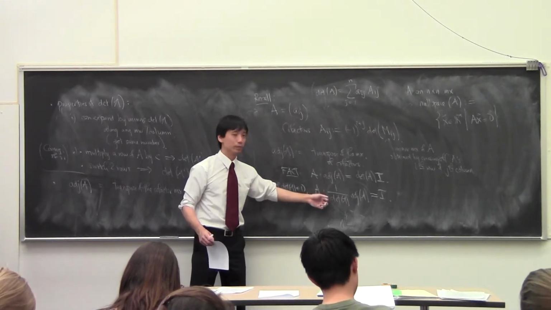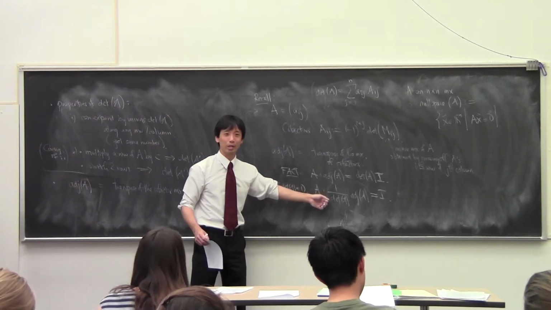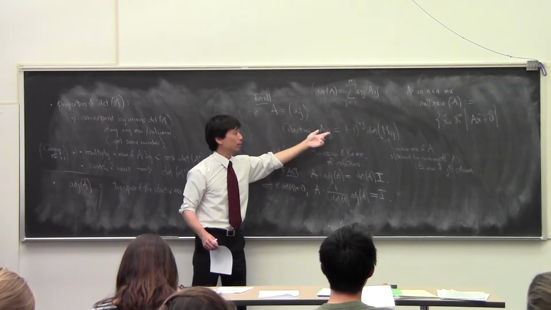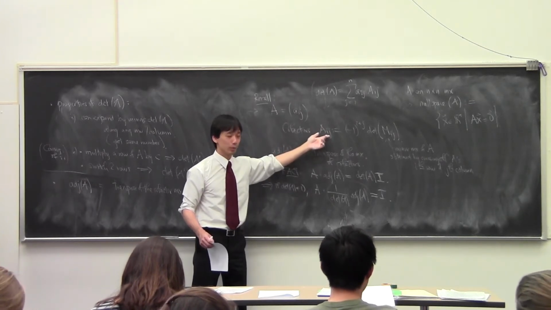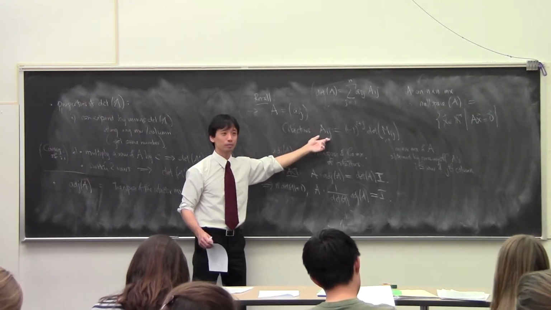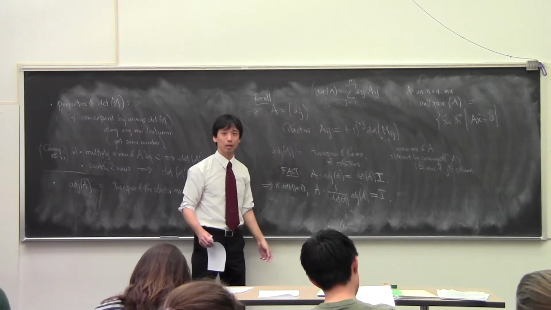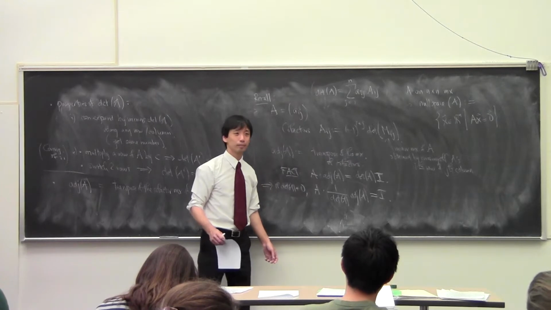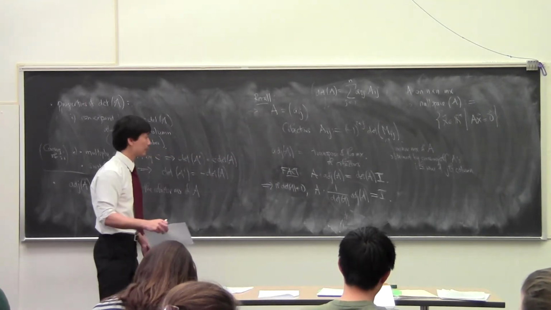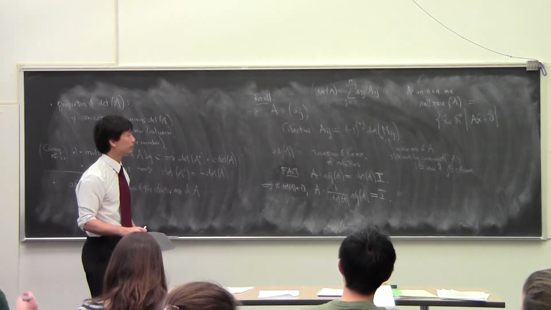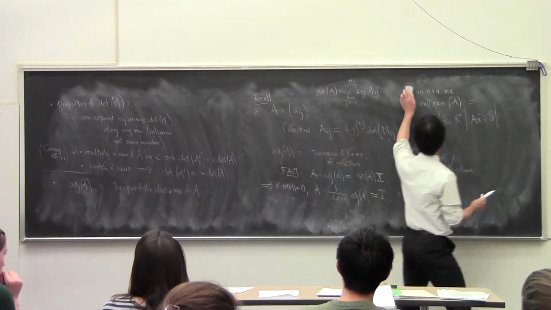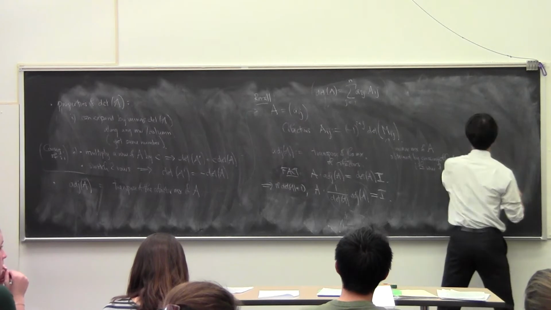And so the inverse matrix is not some sort of arbitrary collection of numbers. It's in fact exactly the transpose of the adjoints, transpose of the cofactors, everybody divided by the determinant. Okay, and